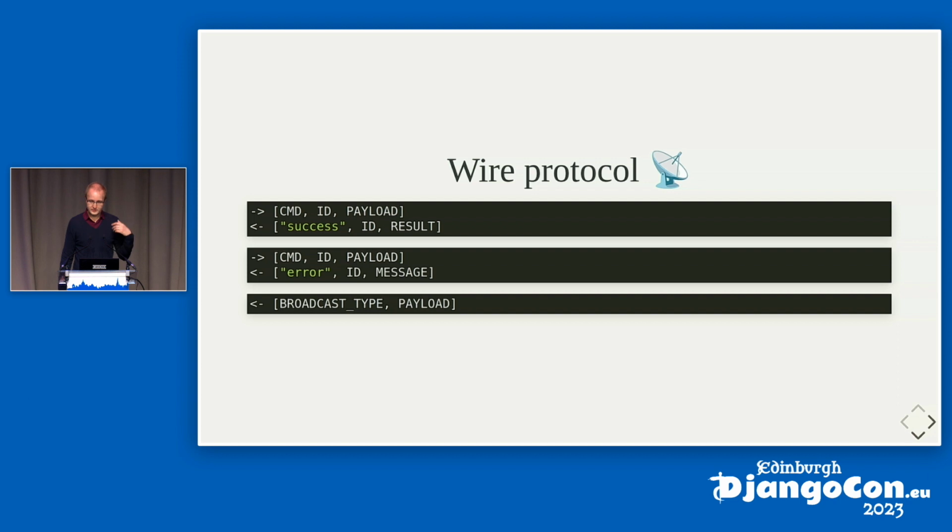And when the server wants to tell the client about something that's not in response to a request, which we usually call a broadcast because it's usually triggered from somewhere else, the server sends over a two-piece array with a broadcast type and a payload. The fact that these are arrays and not objects is completely irrelevant. The relevant part is to define early how you encode messages onto the WebSocket and then stick to it and only use a very simple protocol in order to have a manageable code base in the end that handles those messages.